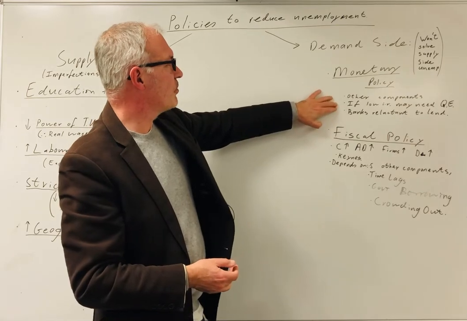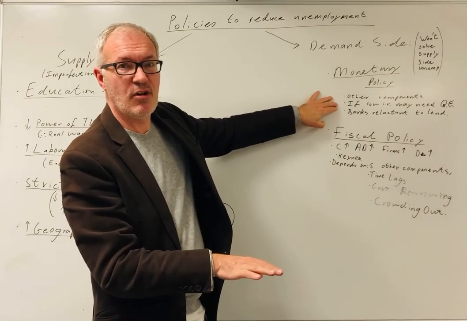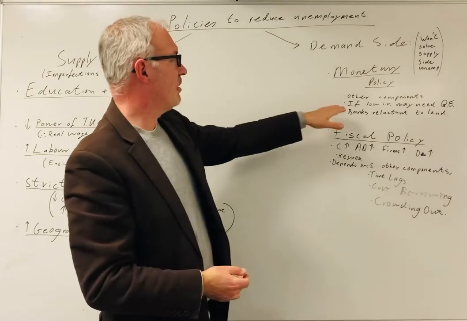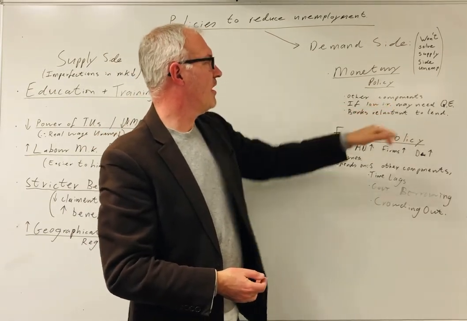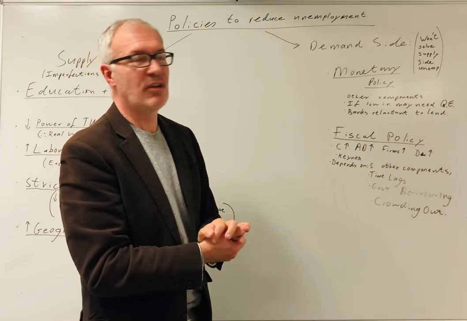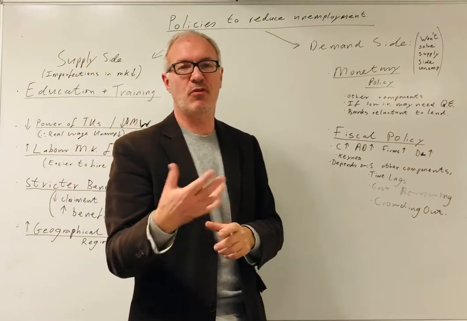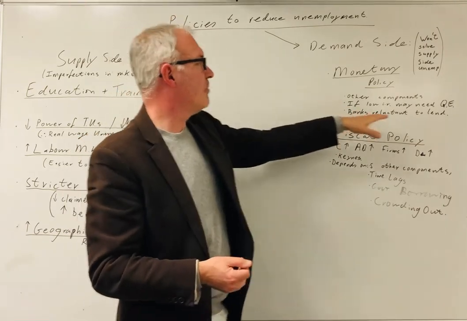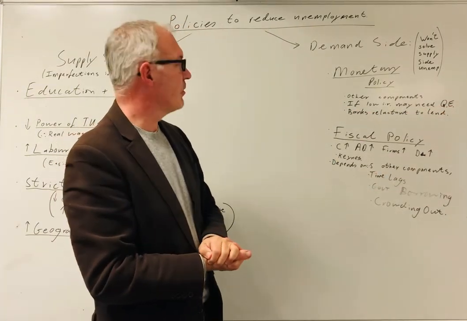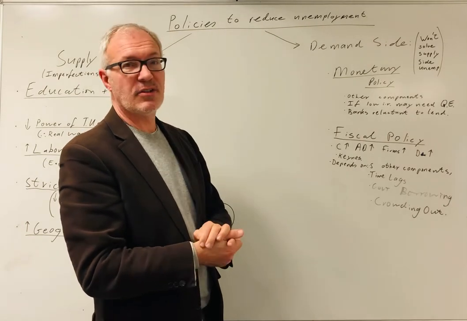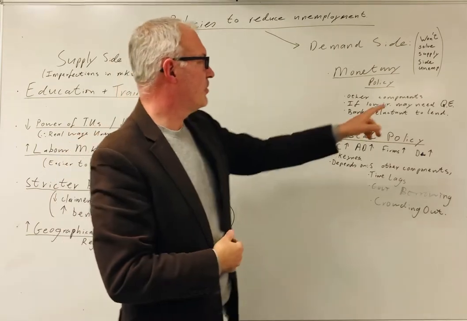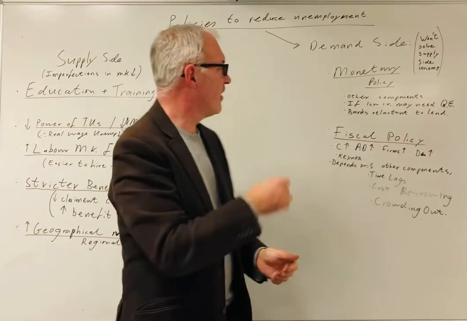The other problem, of course, is if interest rates are generally low, as they have been after 2008, if interest rates are very low, then it's not really going to have much effect reducing them further, say from 0.5% to 0.25%. So you might need quantitative easing, which is a more unpredictable policy, of course, and has effects such as making the wealthy more wealthy. But see the video on quantitative easing for that.